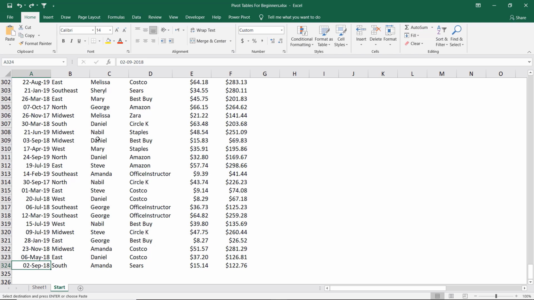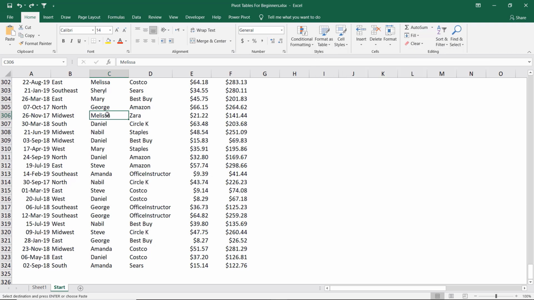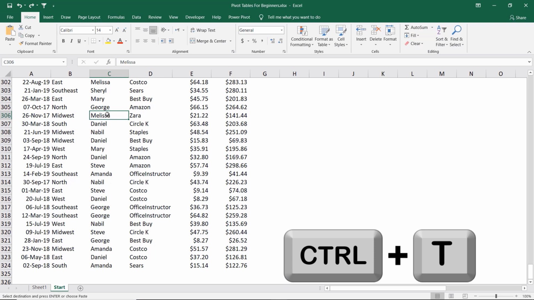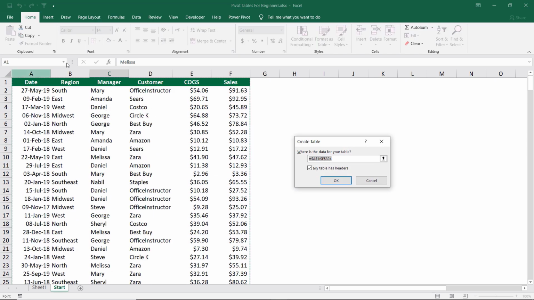How do I convert my source list into a table, and why do I do that? I convert my source list into a table by selecting any single cell, and then on the Home tab, I click on Format as Table and select a style, or I can simply hit the shortcut Control T, T stands for table. When I hit Control T, Excel highlights my entire list, and it recognizes that my table has headers,